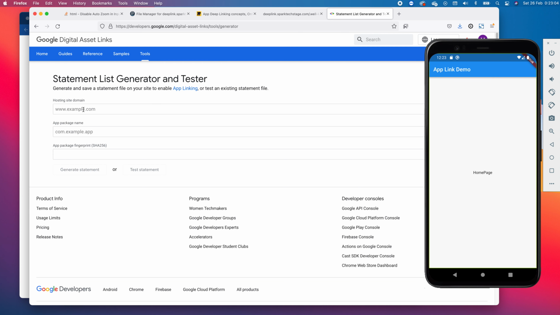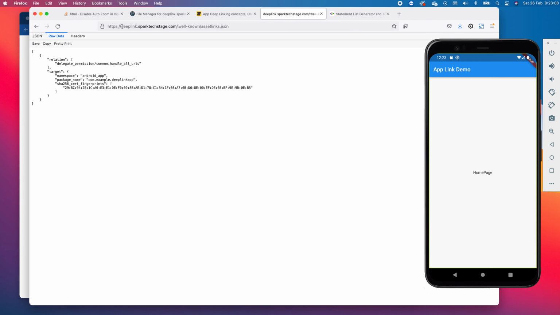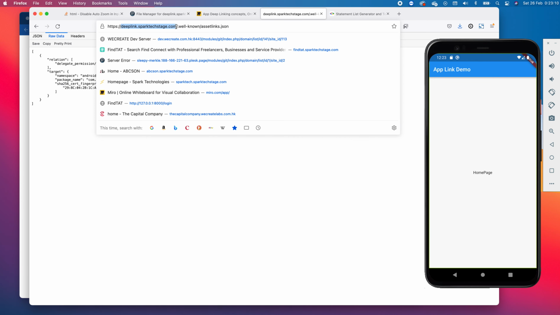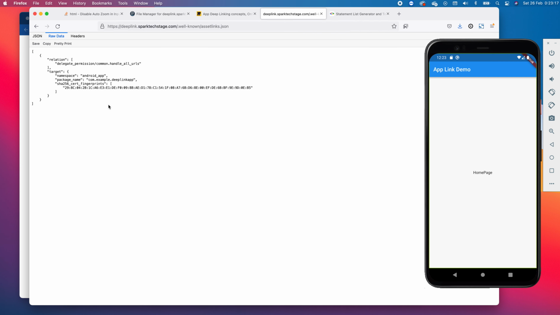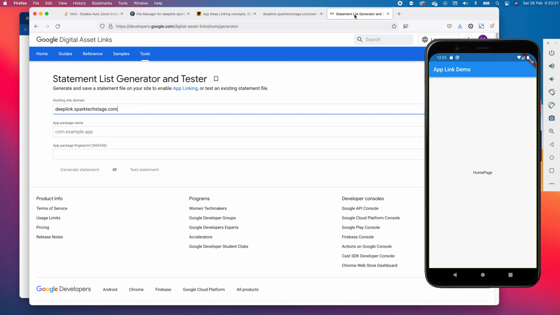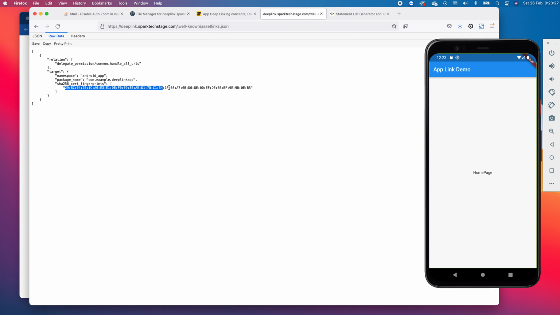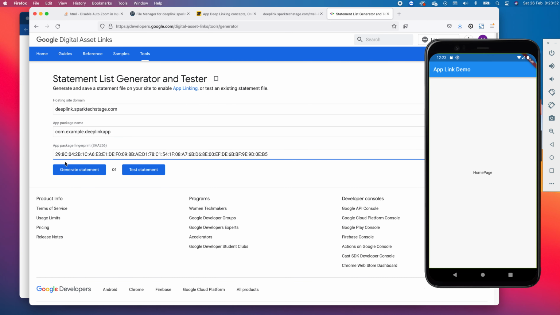Okay, and then here you'll have to paste the domain name. So this is my domain name. Paste it, and then the app package name. The package name, and then the fingerprint. So copy this, paste it there. Then you can do test statement,